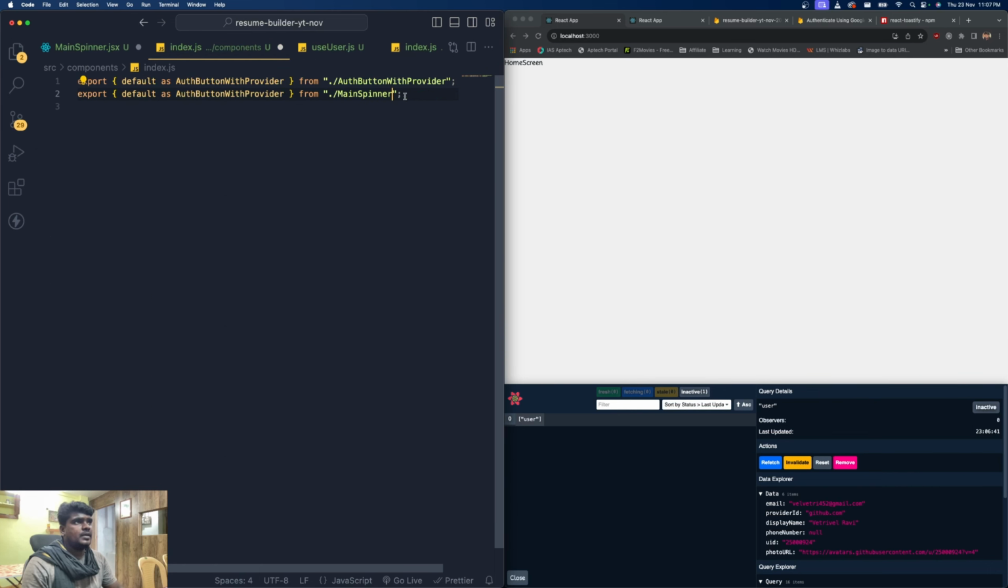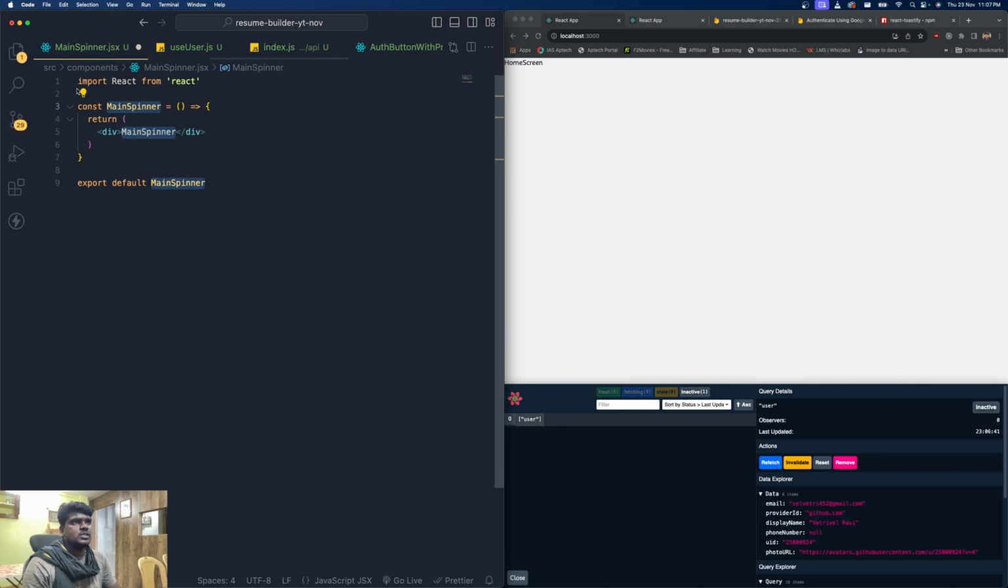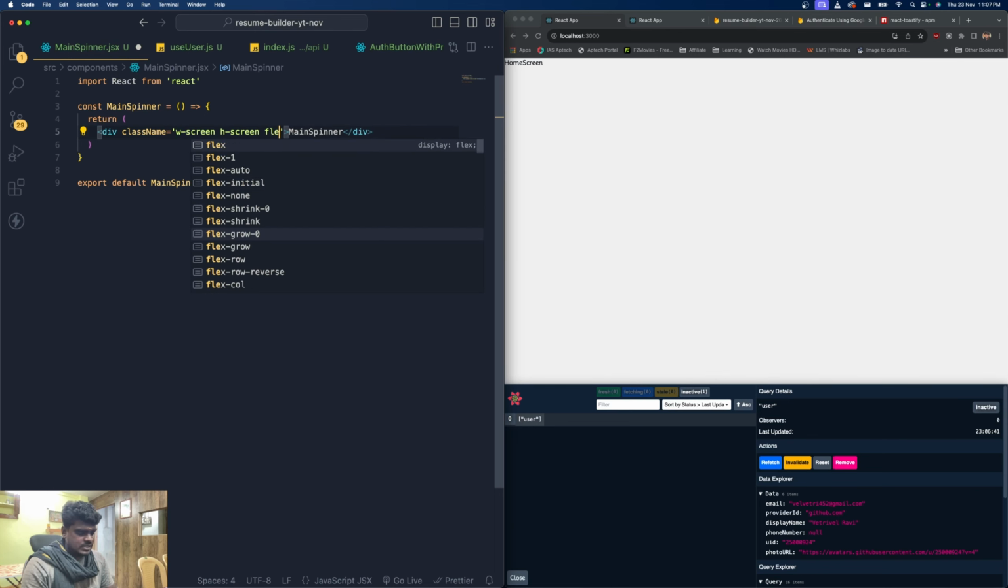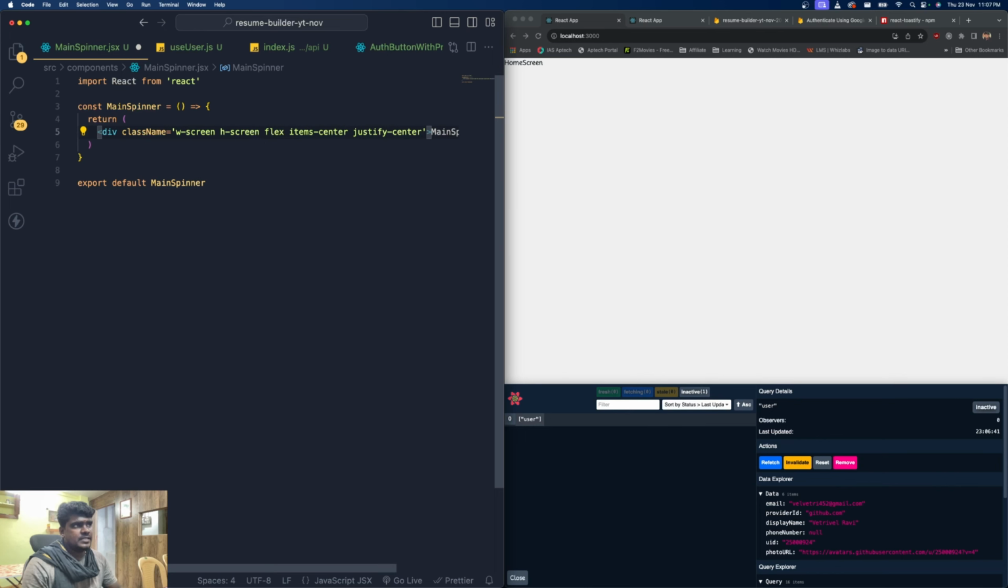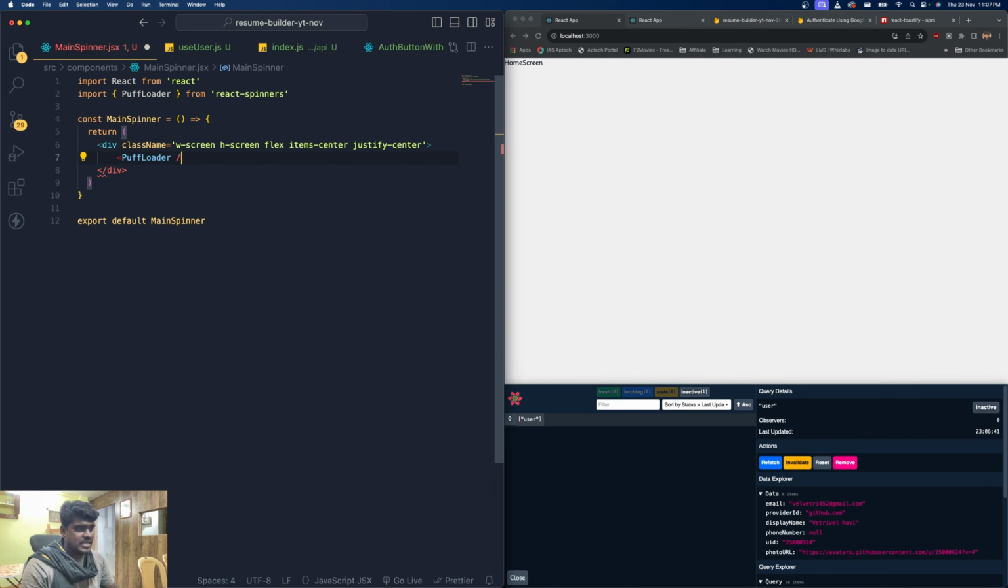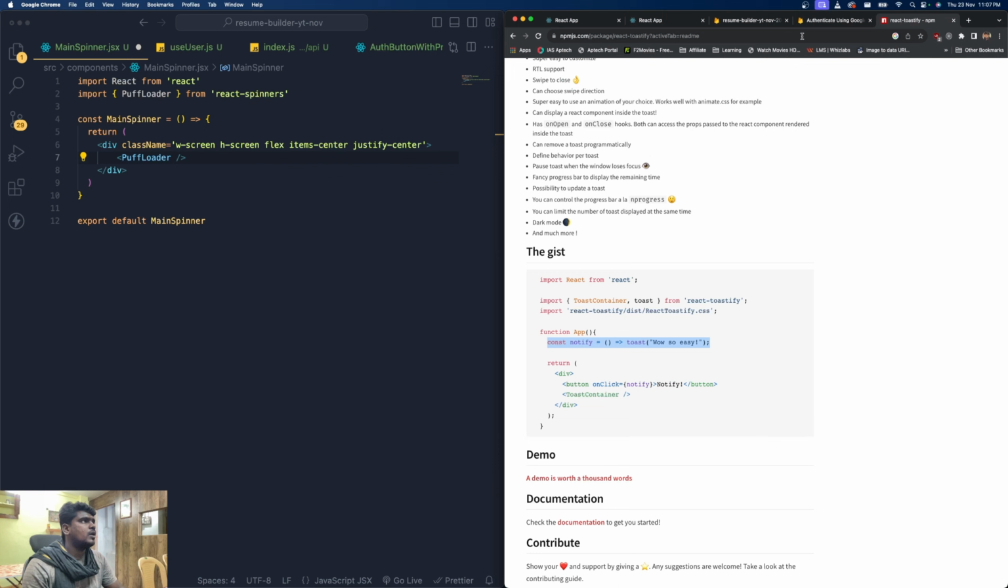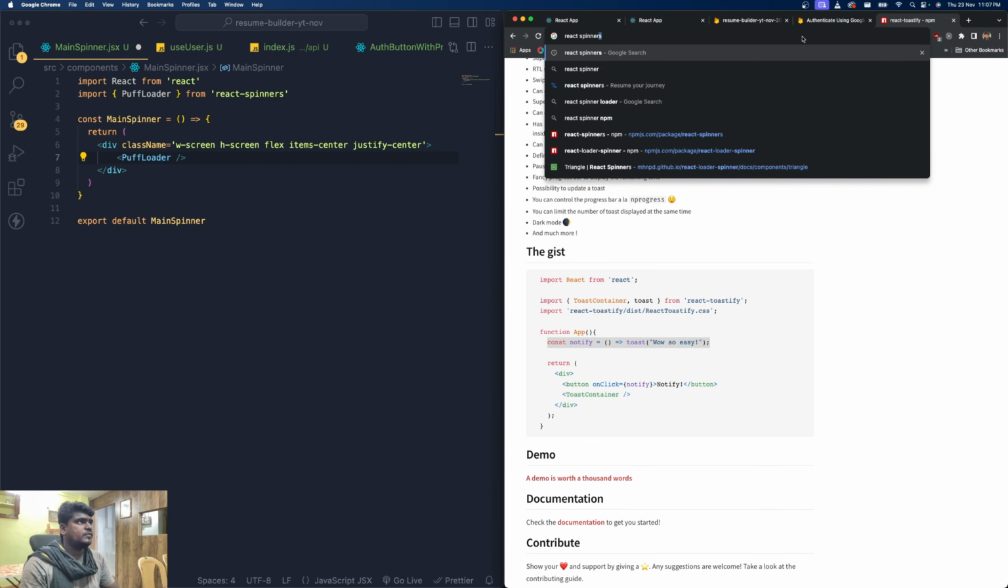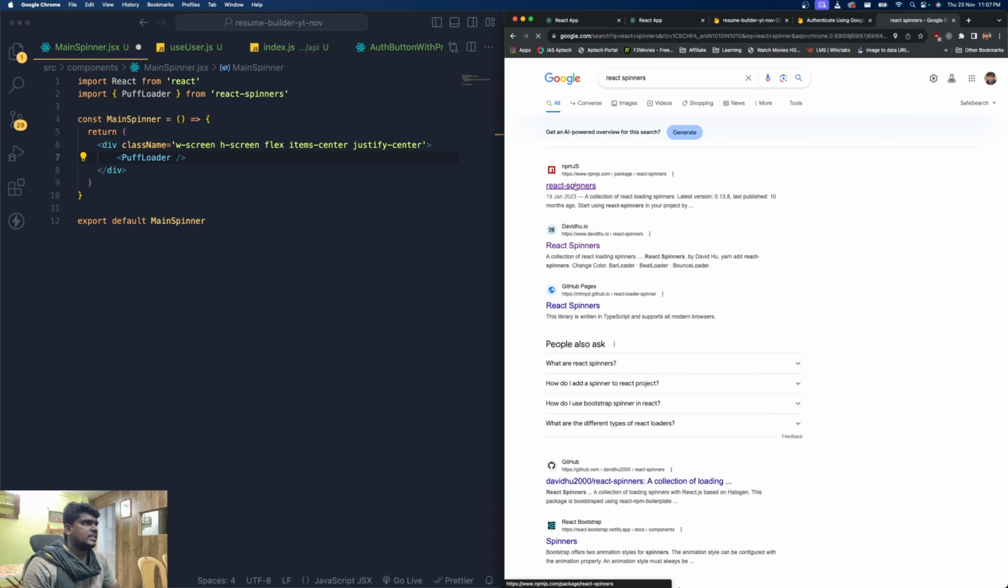Main spinner. Copy this, paste it, save the changes, close it, and inside here this should occupy the entire screen. So it should take the screen width, the screen height, and flex, items center, and justify center. And inside here I'm going to bring the puff loader. This puff loader is coming from React spinners. If you search for React spinners, click React spinners,